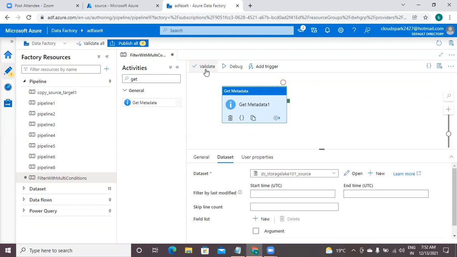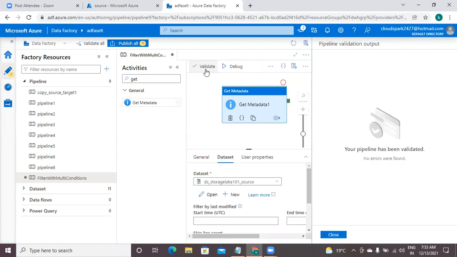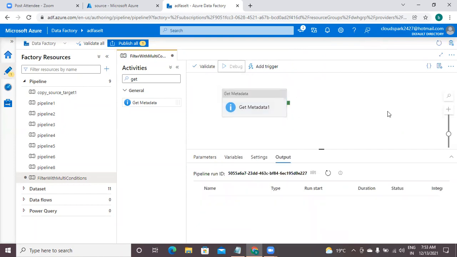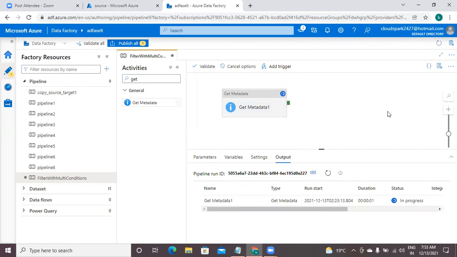Debugging style: first validate your pipeline. The pipeline has been validated successfully. And after that, you can apply the debug. The process is in progress.